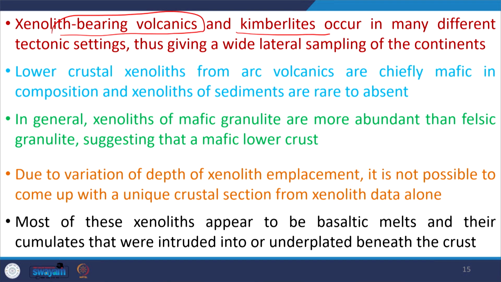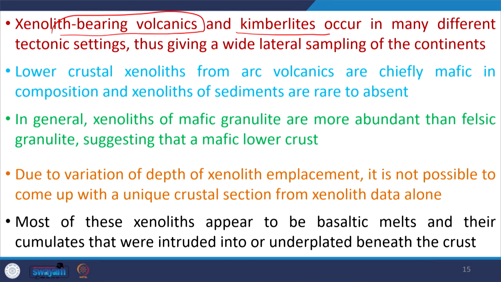In general, xenoliths of mafic granulites are more abundant than felsic granulites, suggesting a mafic composition of the lower crust. That is why these mafic xenoliths are more common, suggesting that the lower crust is of more mafic composition than felsic. If we take the xenolith data alone, it will be difficult to assign a particular composition to the lower crustal rocks. Most of these xenoliths,